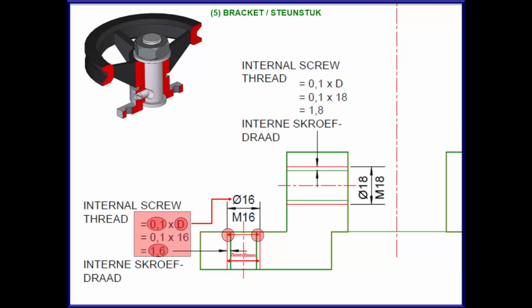In order to get the darker A-type line, we bring the dimension in from the left 1.6 millimeters, and we will bring the dimension in from the right 1.6 millimeters. It is very important to take note that the threads are always B-type lines, and the darker line for the hole is always an A-type line. The same will apply for the M18 hole.